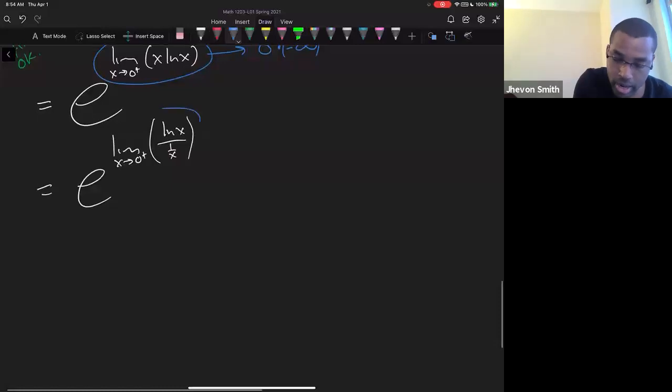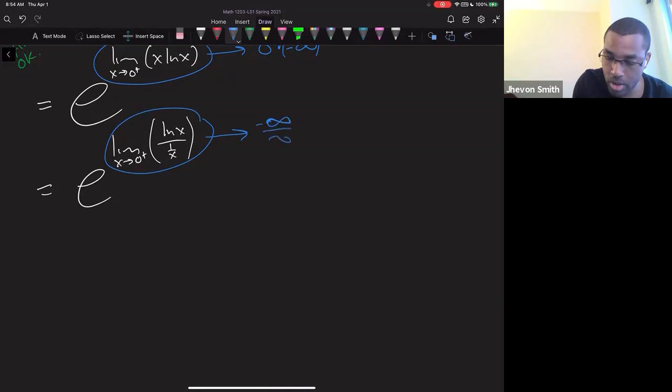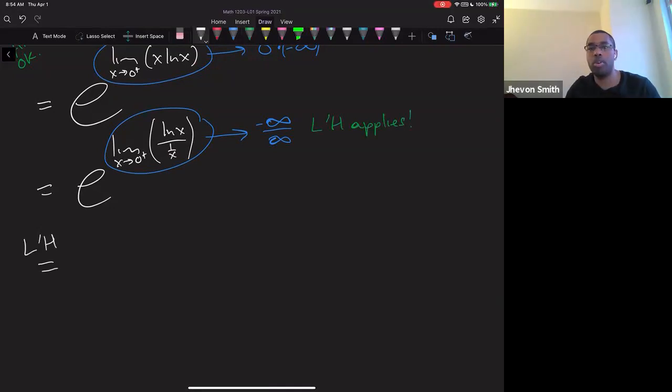And then I'm going to check again. And I'm going to notice that that goes to negative infinity over infinity. Then I'm going to realize L'Hopital's applies. So I'm going to apply L'Hopital's, indicated by this L apostrophe H that I would put over the equal sign